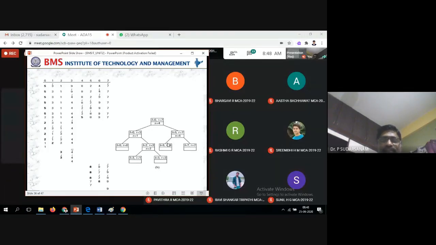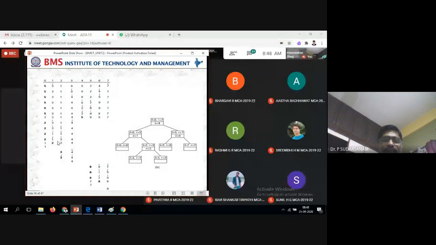Now left hand side is only one element, you stop it. Right hand side also only one element, stop it. Finally you can combine that. Now here is 4, I told you I'll tell last. So 4 is the first partition where it happened. That is called the fourth location. That is the pivot element. Now when you are coming here, the remaining elements are 1 2 2 1 3 4.